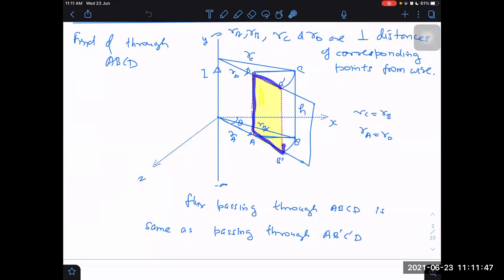Sir, we will take C dash such that OC is equal to OC dash. OC will be OC dash only, yes, because whatever field lines are passing through between C dash and D, the same will be passing through C and D. The magnetic field line which is coming from C, where will it finally go? It will go from C dash to C, right or not? In a circular arc. Yes, sir.